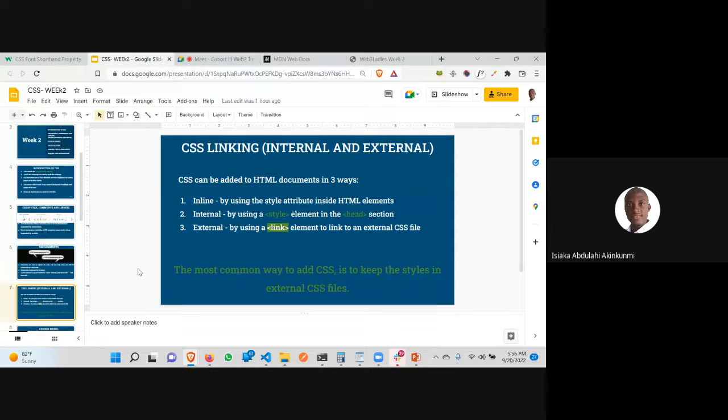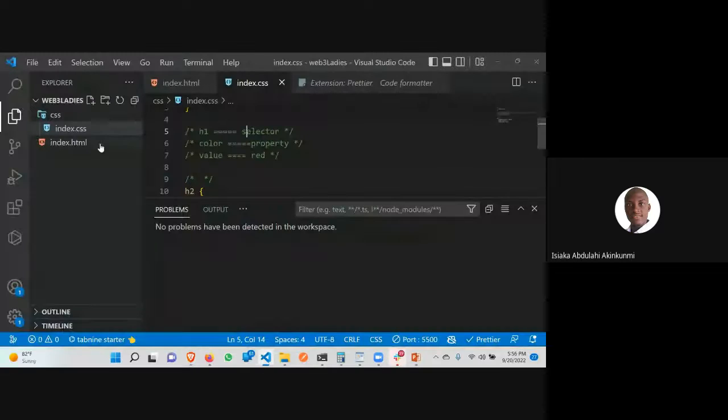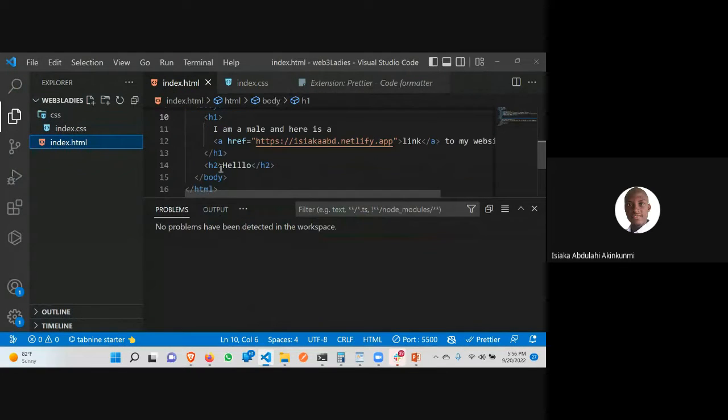writing our CSS. There is something we call the inline method. Let me put that inline method by using attributes. I believe last week we were told about attributes. An attribute is something that describes an element. It is written inside the opening tag. It gives you a description about an element. For example, this